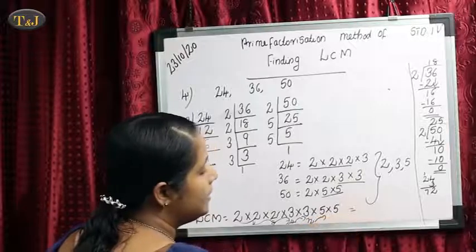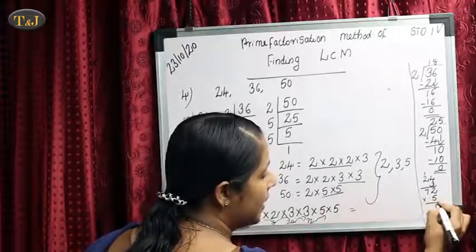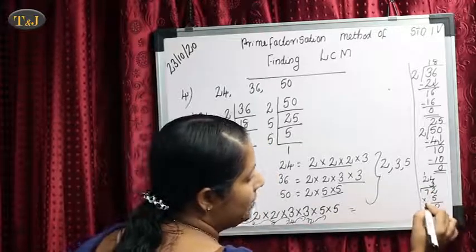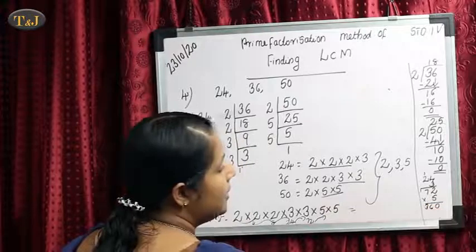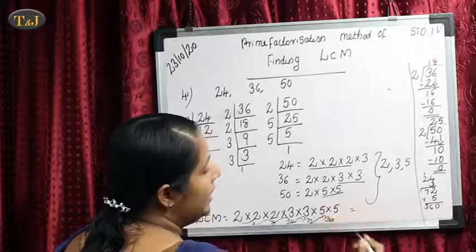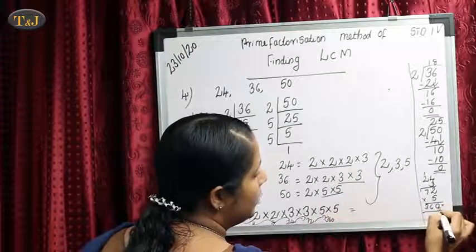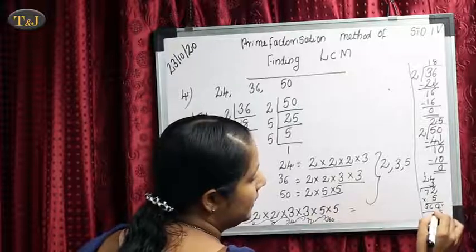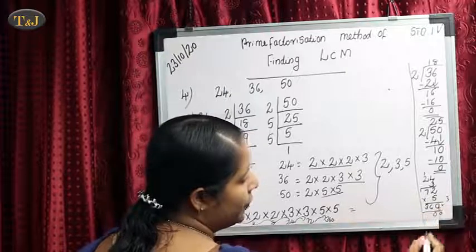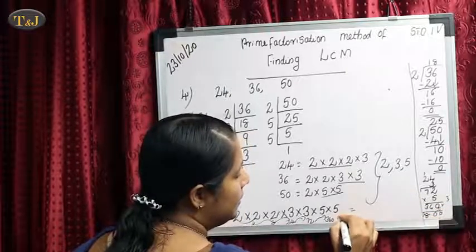Then our next number is 72 multiply 5. 5 2s are 10. 1 balance. 7 5s are 35. 35 plus 1 equals 36. So 72 multiply 5 equals 360. Then next multiply 360 into 5. 5 0s are 0. Then 5 6s are 30. Then 3. 5 3s are 15. 15 plus 3 equals 18. So we get the answer as 1800.